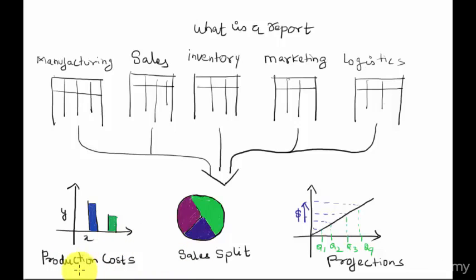So whether it's production cost to understand what is the cost, whether it is a sales split to understand what kinds of sales is happening, in which region and how they can improve it, and what kind of projections you are targeting for the next coming quarters. So this is just a small example as to what is a report and what is the process of going